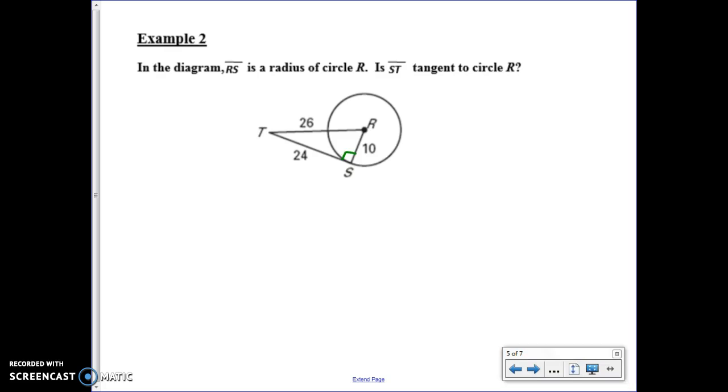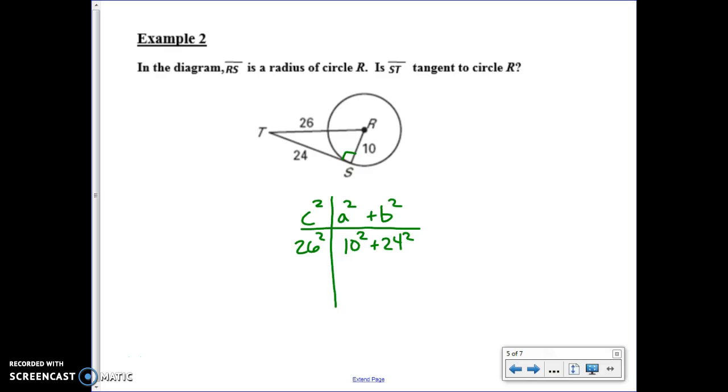So we could set up that Pythagorean theorem table that we used a few chapters ago to determine if that really is a right angle. Is it really perpendicular? So we would do c squared on one side of the table, and then a squared and b squared on the other side of the table. So we would have 26 squared, 10 squared, and 24 squared. Now if we plug those in the calculator,